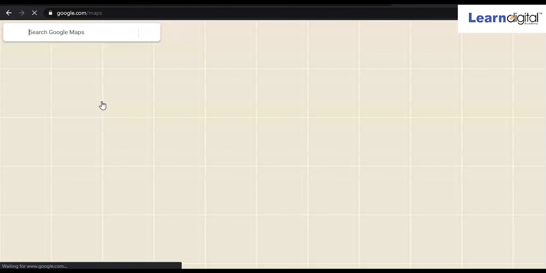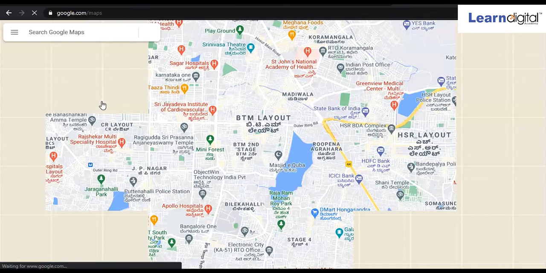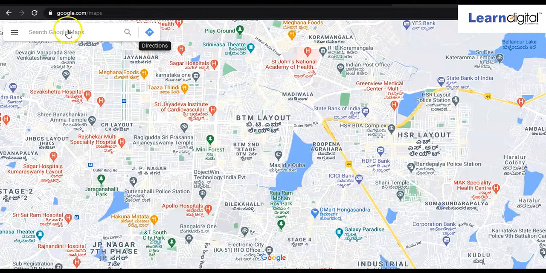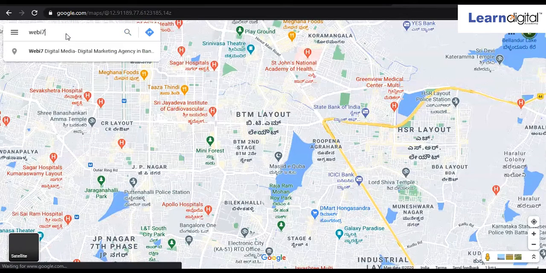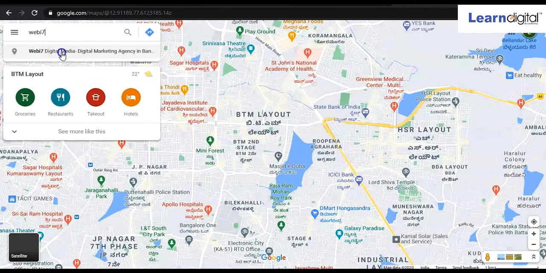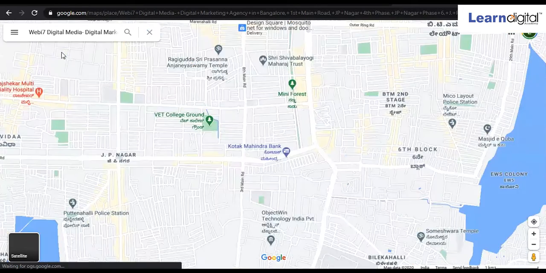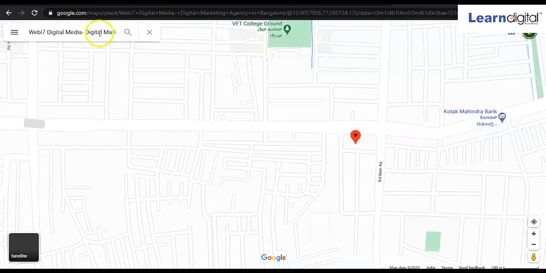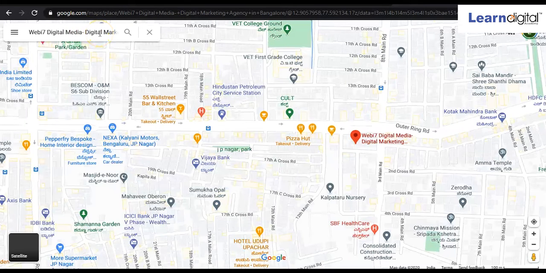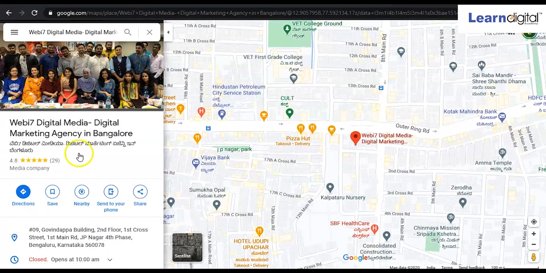From here you will search the particular address that you want to integrate. For example, here I am typing the office name. So yes, this is the office, and this is the address.